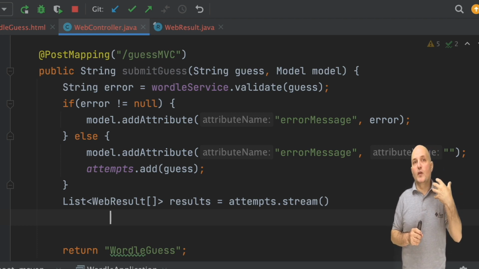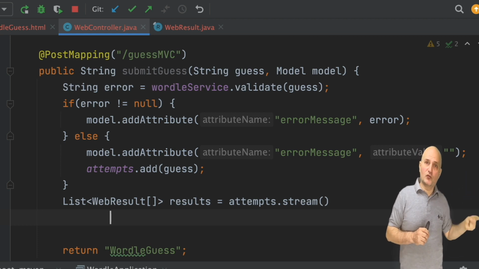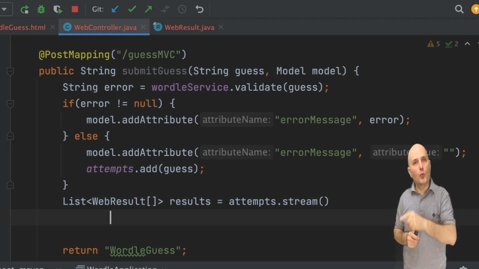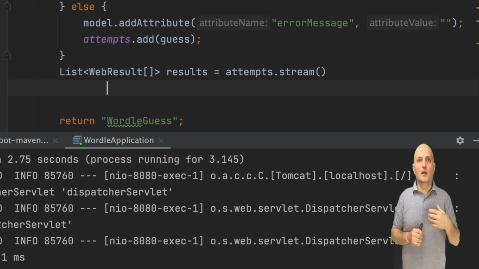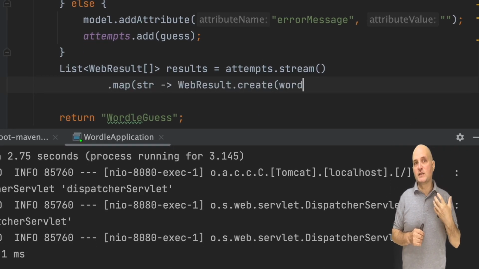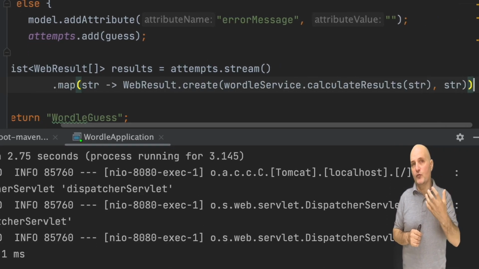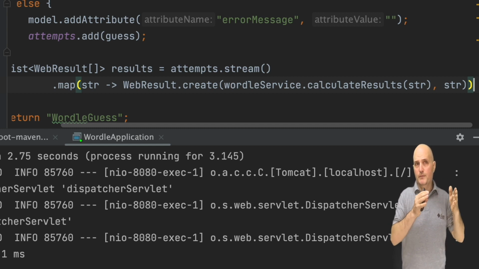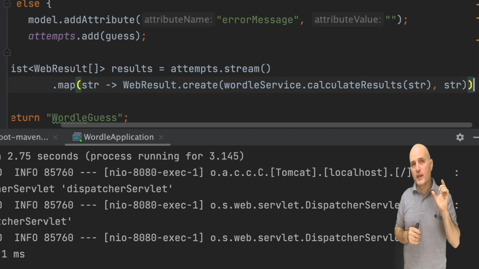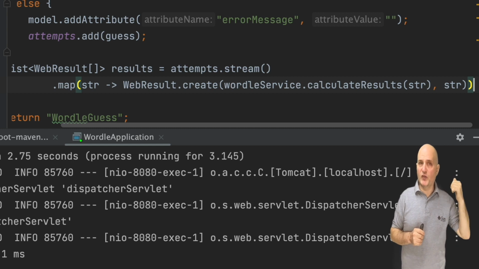We can use a stream to convert the list of strings to a list of web response arrays. The map function is invoked for every entry in the list. str will have every attempt we made. We can now invoke the create method we just added and pass two arguments to it. One is the array of colors, which we already implemented in the Wordle service last time around.